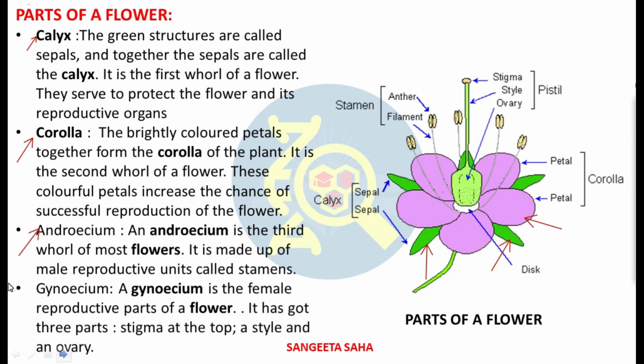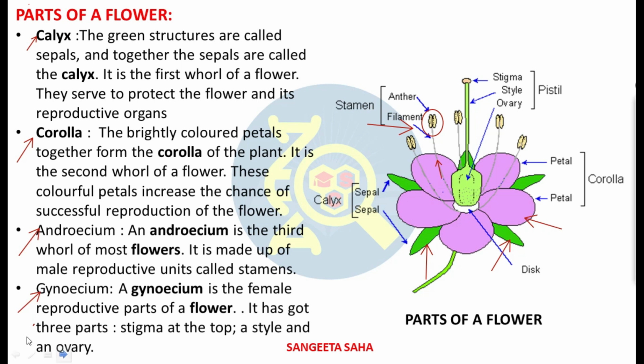Now this androecium is the third part of the flower, which contains the male part of the flower, that is the stamen, this one. Now this stamen has got two parts. One, the stalk-like structure, is known as the filament, and the sac-like structure here is known as anther, and this is a pollen producing region from where the pollens are produced, and these pollens will be helping in the reproductive process later on.